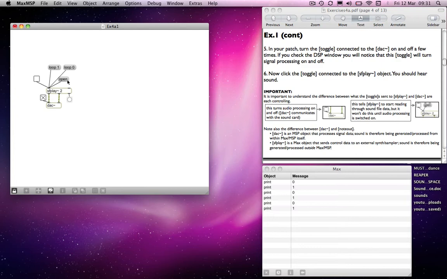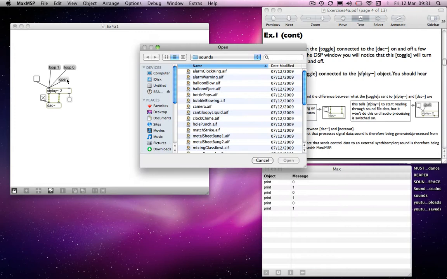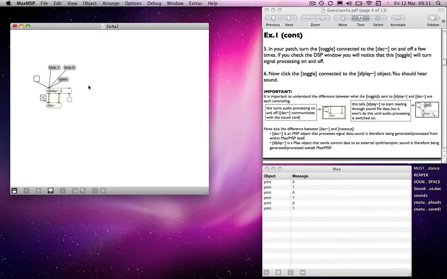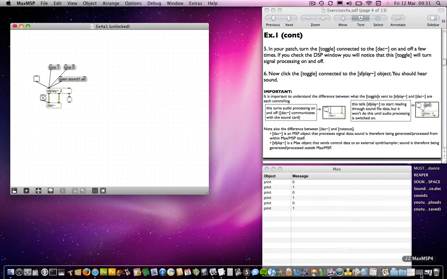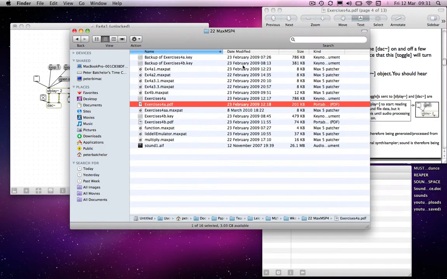And the same is true of the open message here. If I click on open, then as we know, a dialog box comes up and I can choose a new sound to import. But we can also add an extra element to that command. We can tell it what it is that we want it to open. So I can put in sound1.aif, and it so happens that in the folder in which